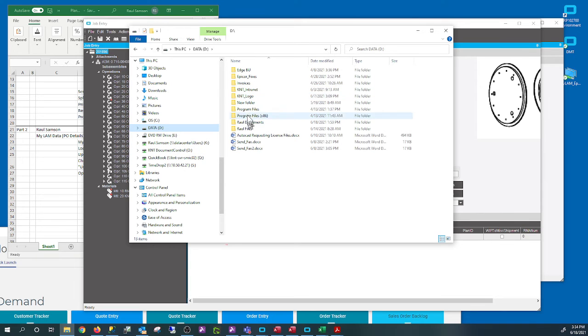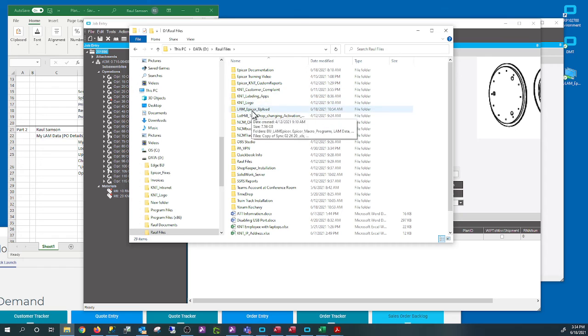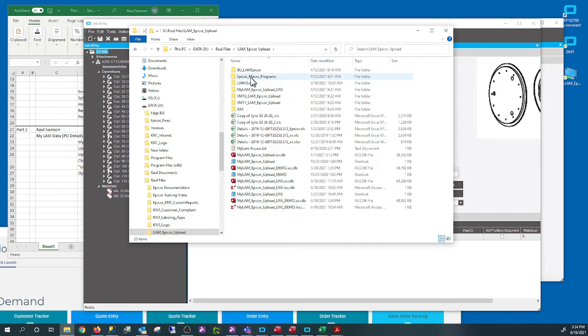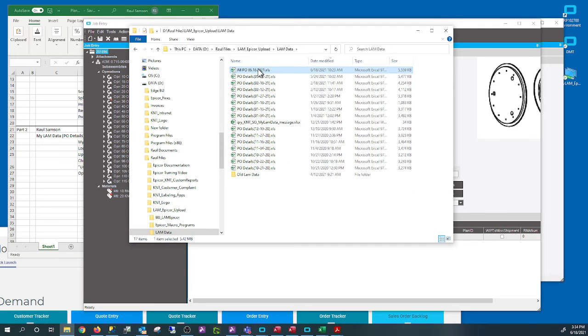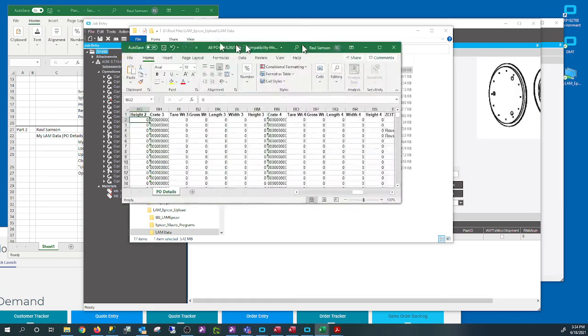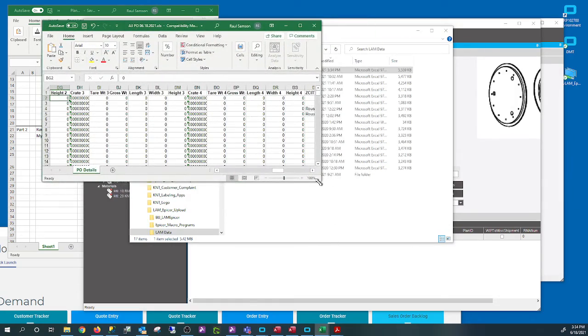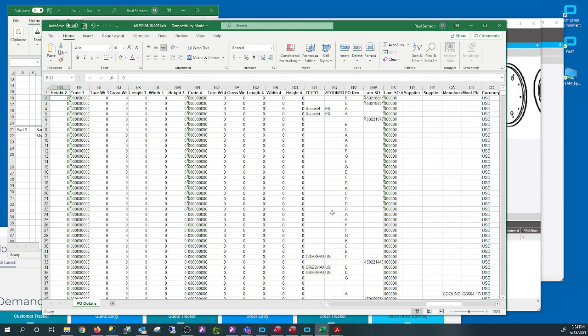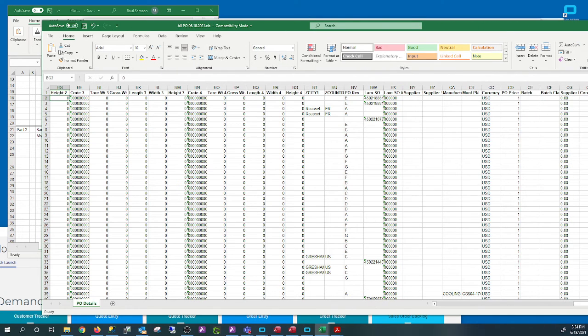I saved it somewhere in my folder right here, which is this one. And we're going to load some of this into our Epicor using the DMT.